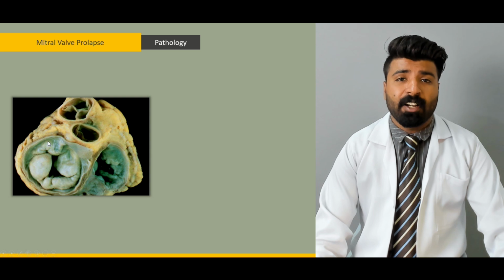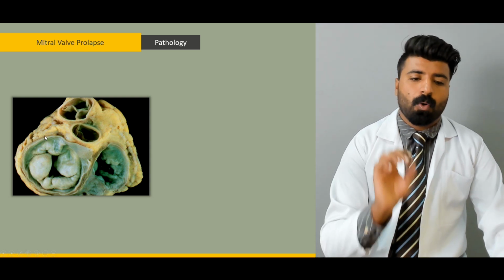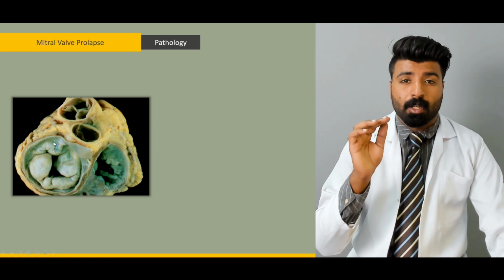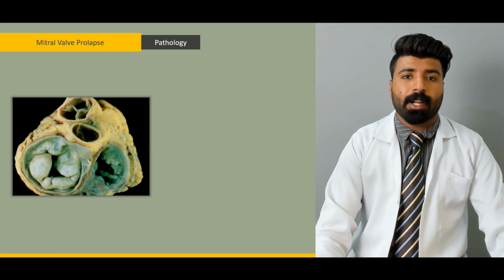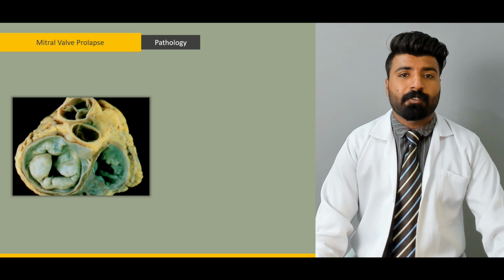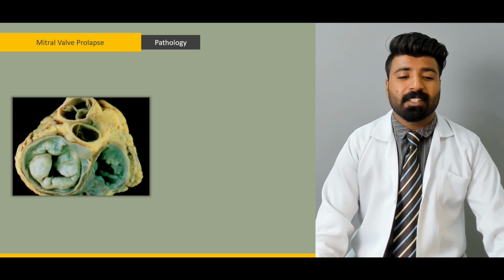These leaflets are redundant and they're coming out in the left atrium. So now just look at it, and now I'll tell you the pathology so that you can keep it in mind just by looking at it. What happens is that when a mitral valve is prolapsed into the left atrium, this attracts